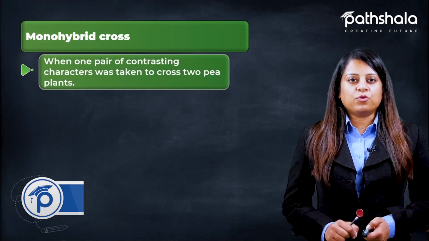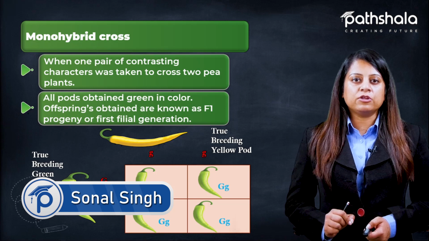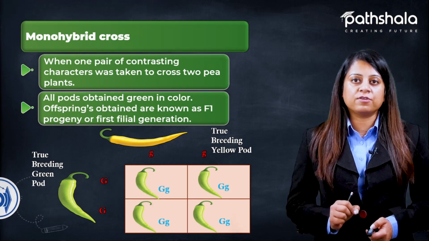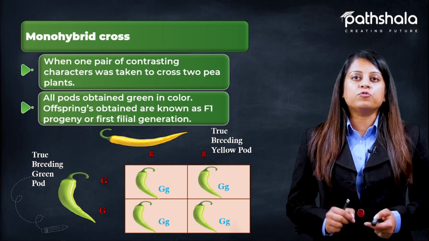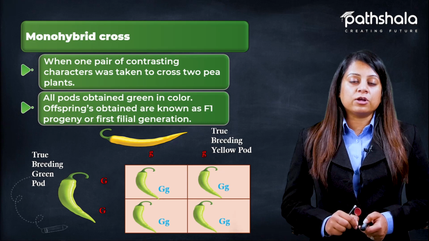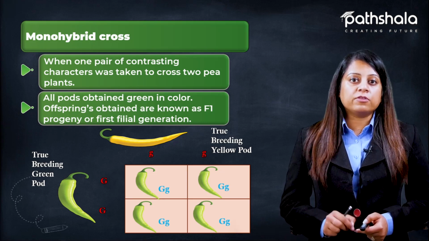Let us study about monohybrid cross. So monohybrid cross में क्या हुआ था that मेंडल ने जो पी प्लांट जो भी पिक किया था उसके अंदर उसने सिर्फ एक कॉन्ट्रास्टिंग फीचर जो है वो पिक किया, that means one opposing feature. So when one pair of contrasting characters was taken to cross two pea plants, and after crossing the generation that